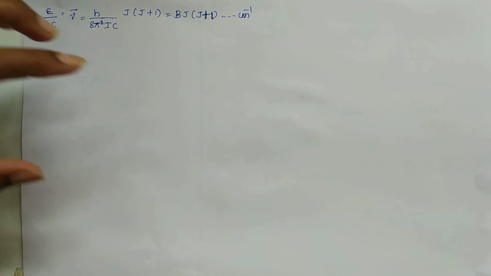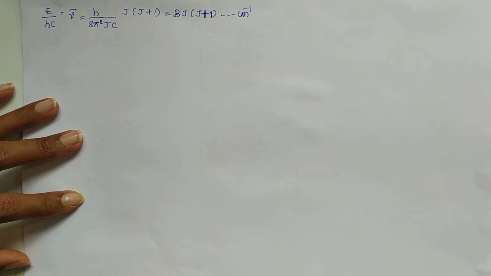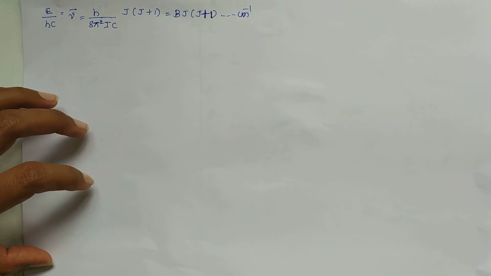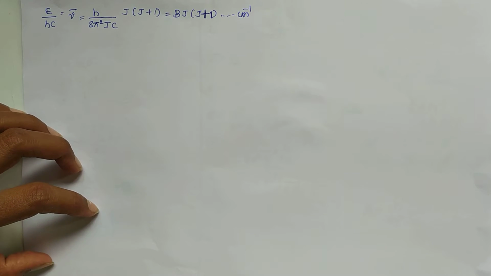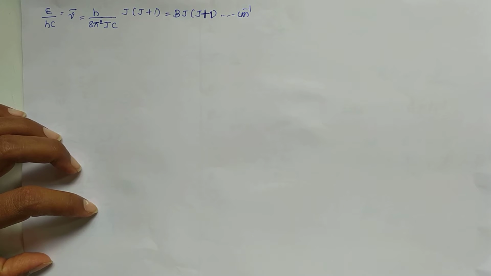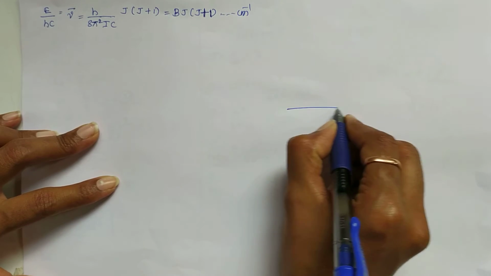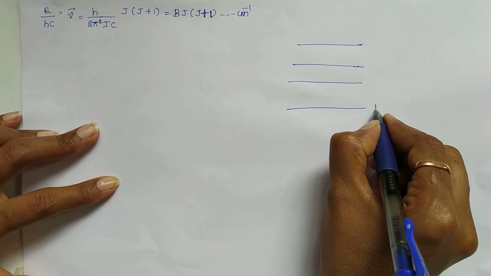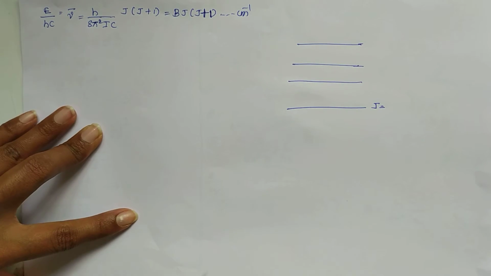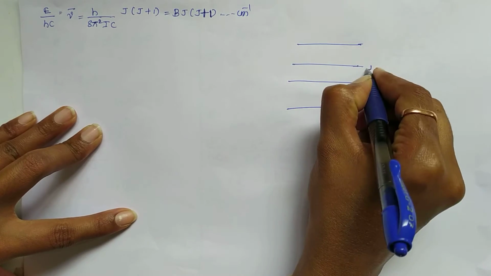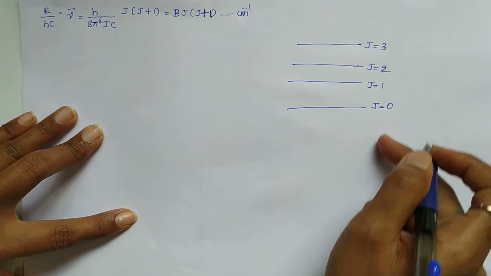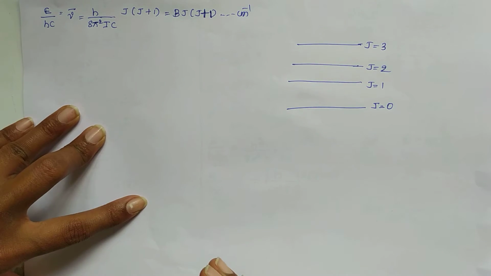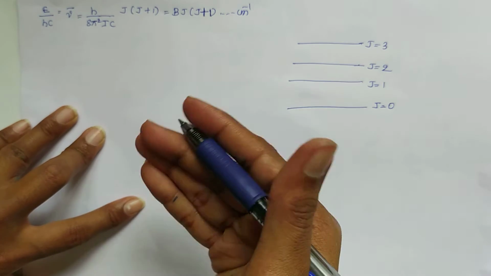We have expressed this in per centimeter. Now the molecule is already rotating; it will absorb the radiation and rotate faster, going to a higher rotational energy level. Again it will absorb radiation, rotate still faster, and go to higher rotational energy states. These rotational energy states we represent by the rotational quantum number J value. As I already told, the rotational quantum number starts from 0, and J equal to 1, 2, 3 are the higher rotational energy levels. So the molecule will absorb the radiation and go to the higher rotational energy state. Higher rotational energy state means what?